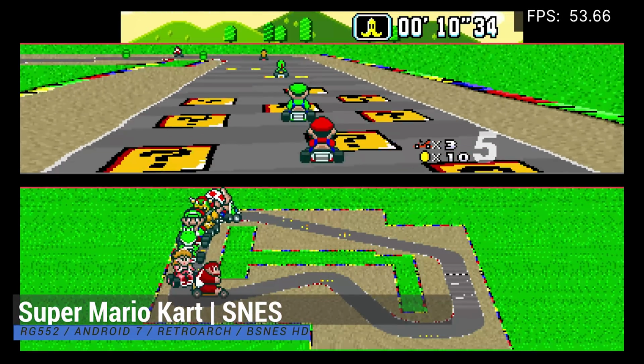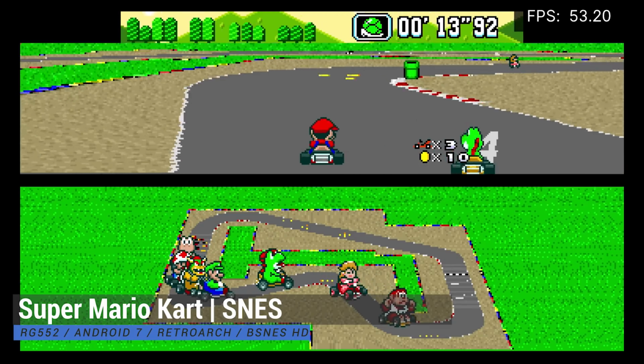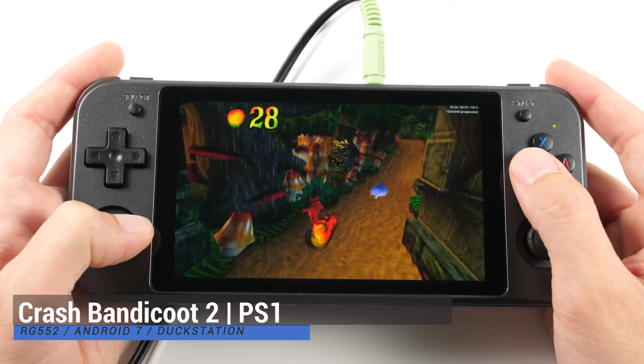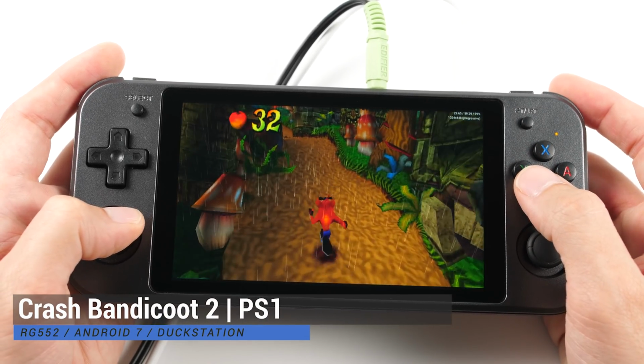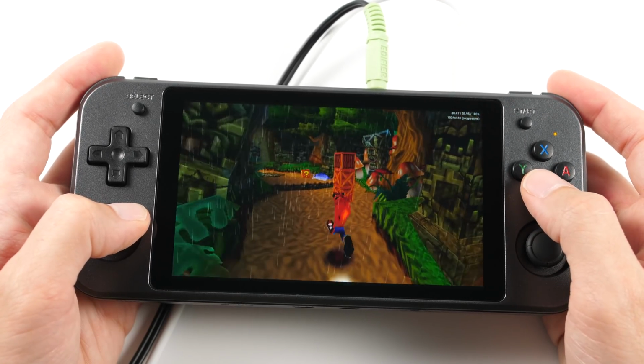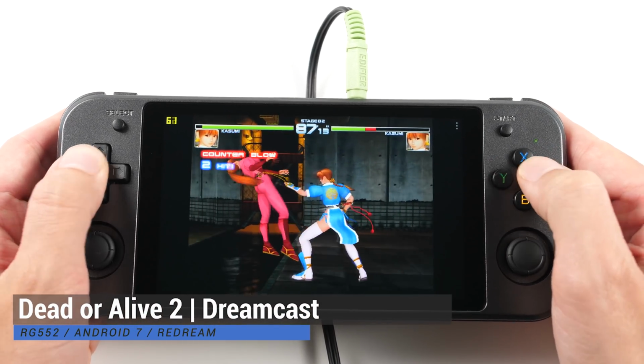Compared to other devices in this generation that have been released or are about to release, the RG552 has a tough time keeping up with the pack. It has the ability to upscale PS1, as well as use more demanding SNES cores. Compared to Anbernic's own products, it has significantly better Dreamcast and N64 performance under Android, as well as better Nintendo